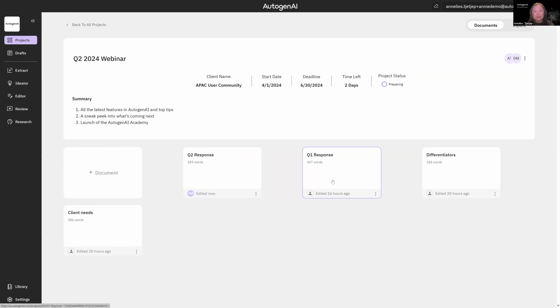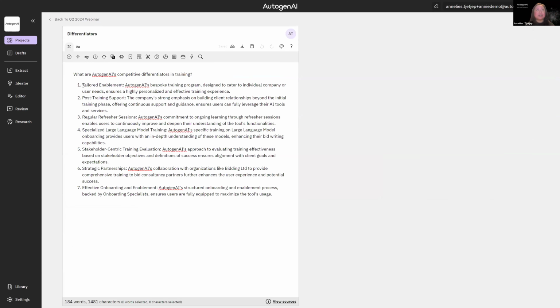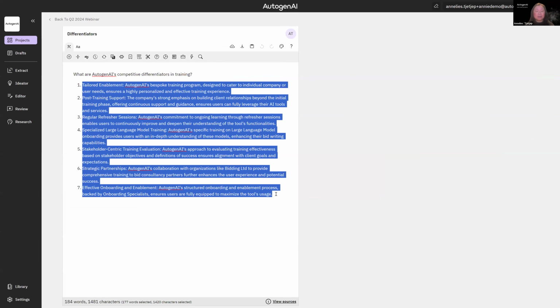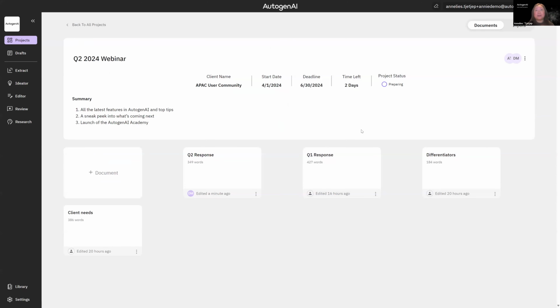What we can also do at this point is go in and, for example, I happen to have created some differentiators by pulling this from an earlier research assistant query that I ran about what are AutogenAI's differentiators around training. And then I converted them into a list of win themes. If you're not familiar with how to do that, that is one of the examples that you get in the prompting guide. So I will show you where that is for those who haven't seen the prompting guide before. But I'm going to take those differentiators, and now, as you can see, you've got inputs